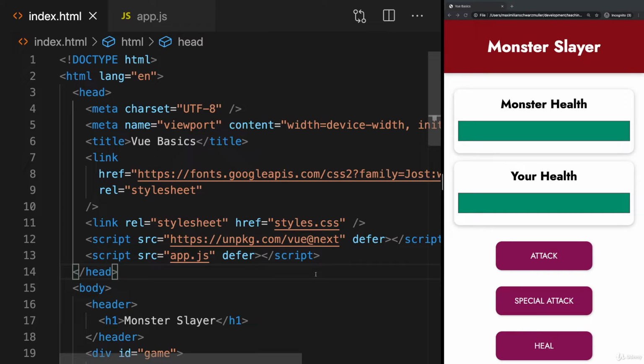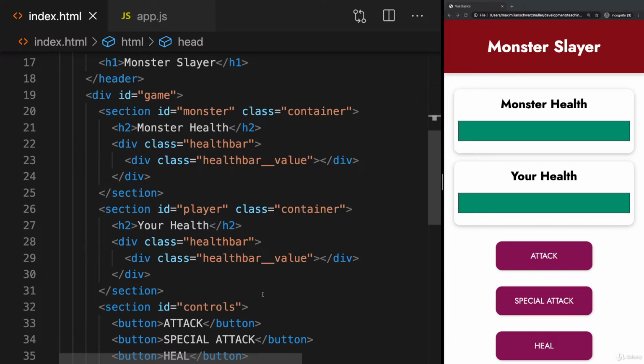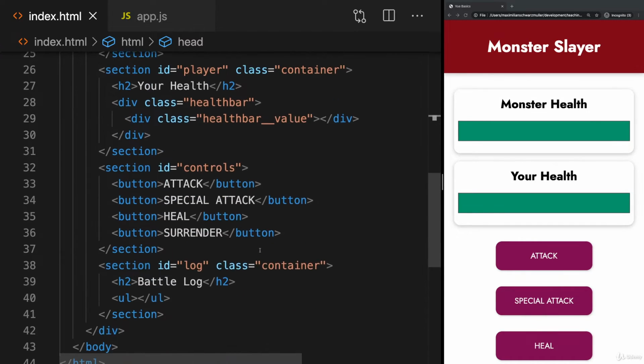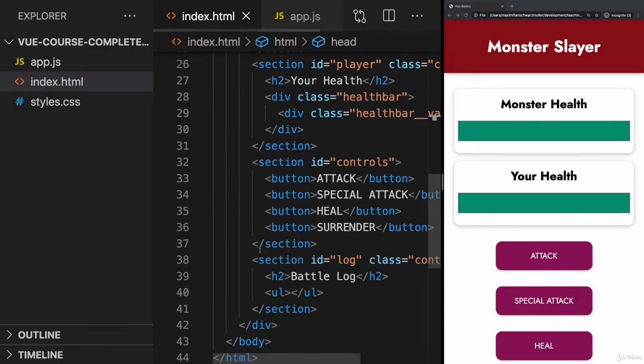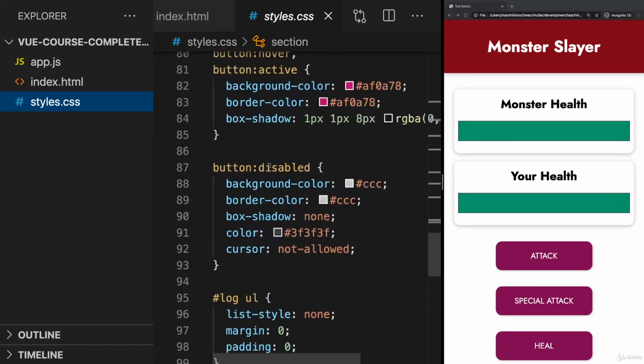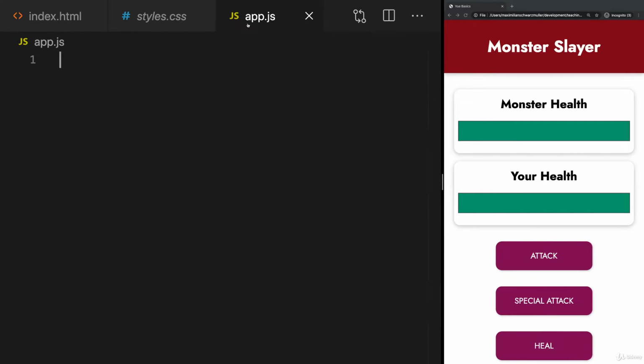So let's get started. Attached to this lecture, you find this starting project, which is this index.html file with a basic skeleton for our application. No view logic is in there yet, it's really just HTML. You got a style CSS file with some basic styles we're going to use throughout this module, so throughout this app. And you got an empty app.js file, because we're going to write all the view logic together step by